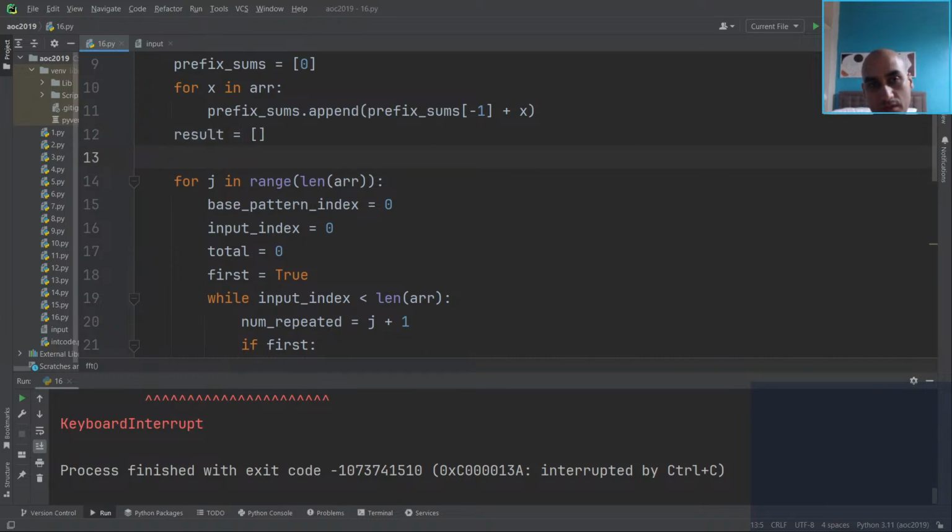Let's define get sum, effectively. What we're trying to do is get dot product, right? So get dot product for the jth